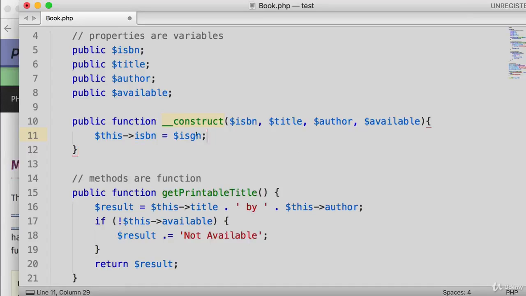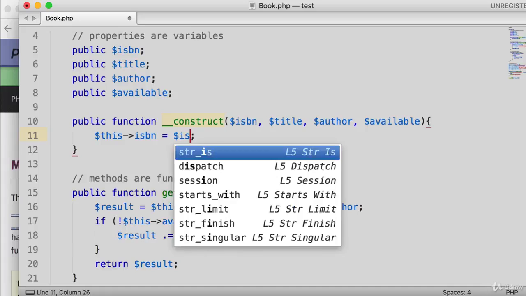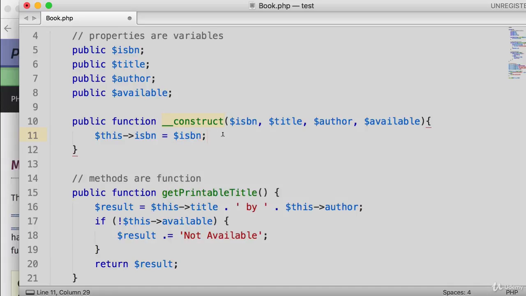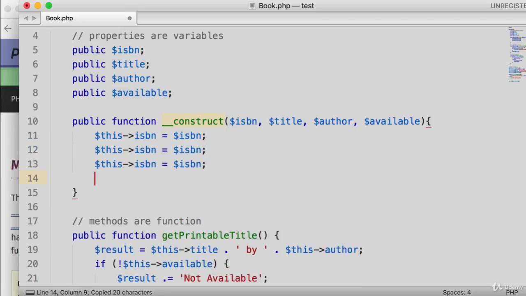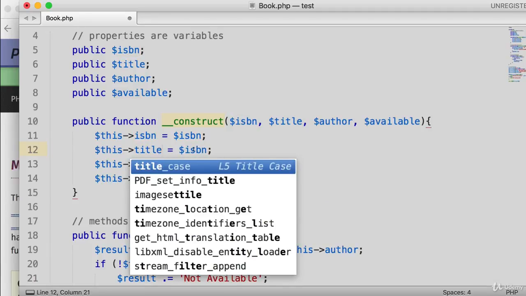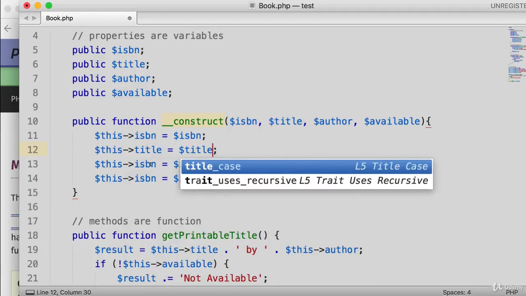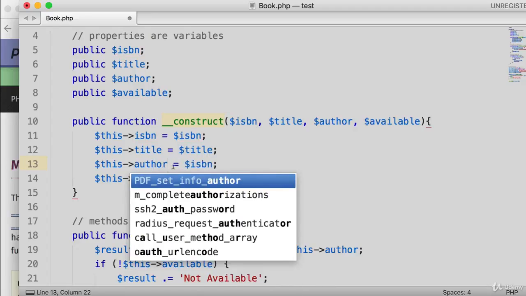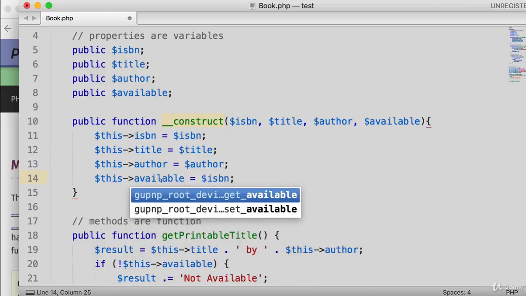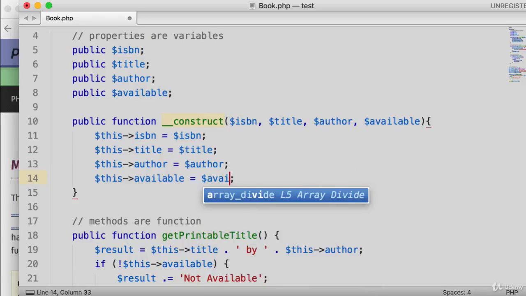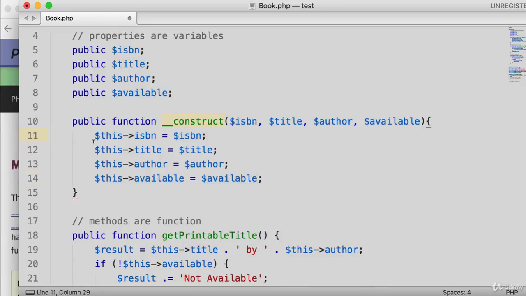Okay, so let me copy this to make it easier, for title, author, and available. So this title equals to title, this author equals to author, and then this available equals to available. Okay, so we already know that this has access to the properties and methods, so this means